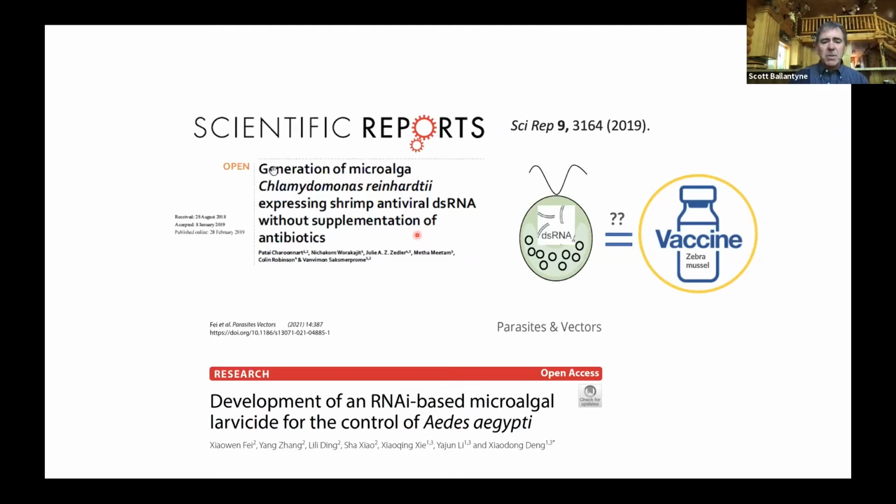In the second paper, they used the same strategy, but they targeted a gene from mosquitoes. And this is a gene that the mosquitoes need to develop. And again, what they were able to show, in a controlled setting, is that if they put that algae into water, the mosquitoes reproduce less well. And their goal is to try to limit mosquito-borne diseases like malaria. So I think this modified algae approach has a real future, has real potential long-term as a way to effectively deliver these double-stranded RNAs in aquatic systems.